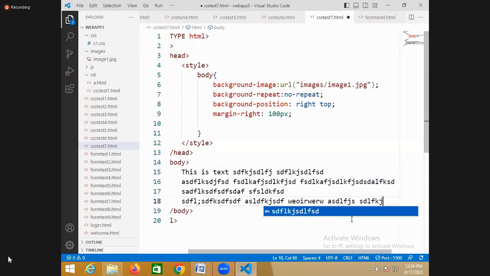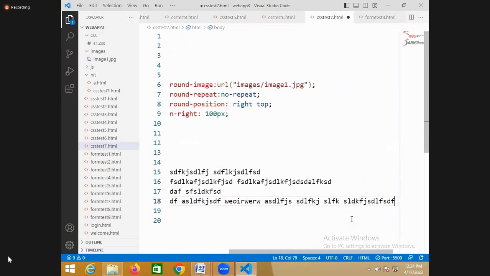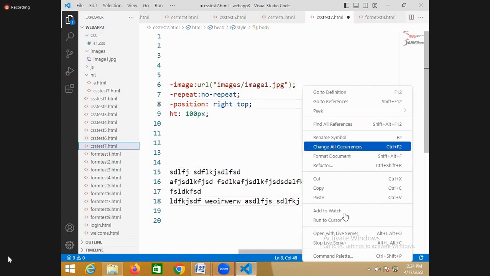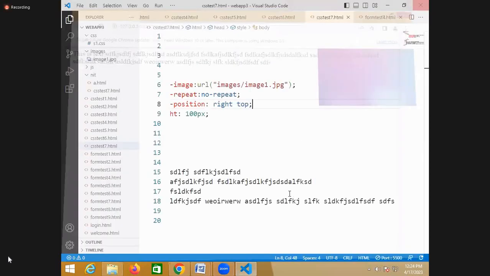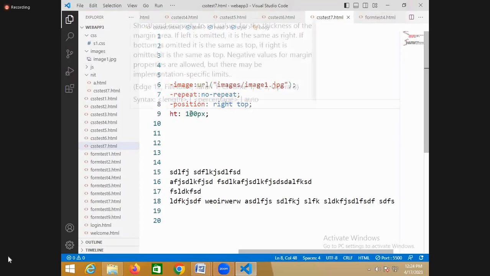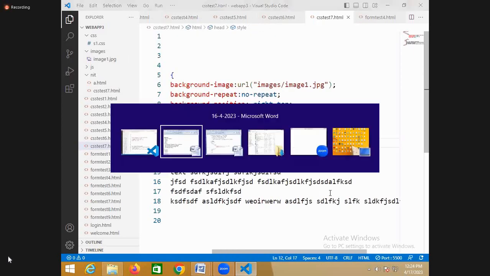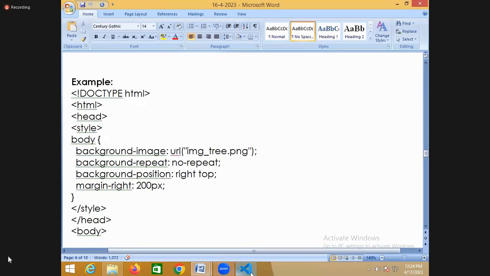Now once you type the text, because margin is defined, right? Because of margin, how much margin is defined here? See here, how much margin is defined here? Margin is defined as how many pixels? 100 pixels. So when you run this,